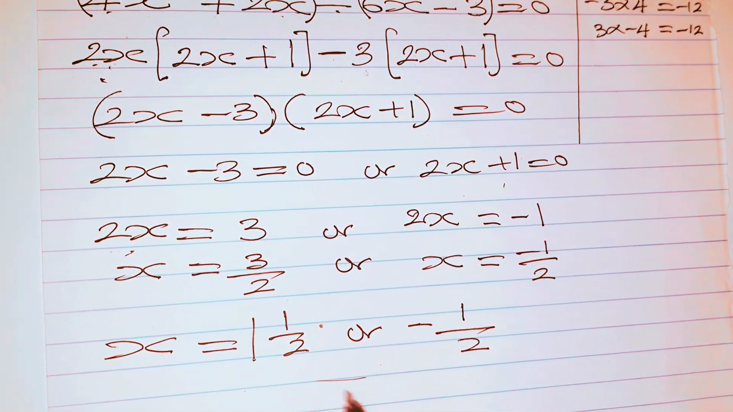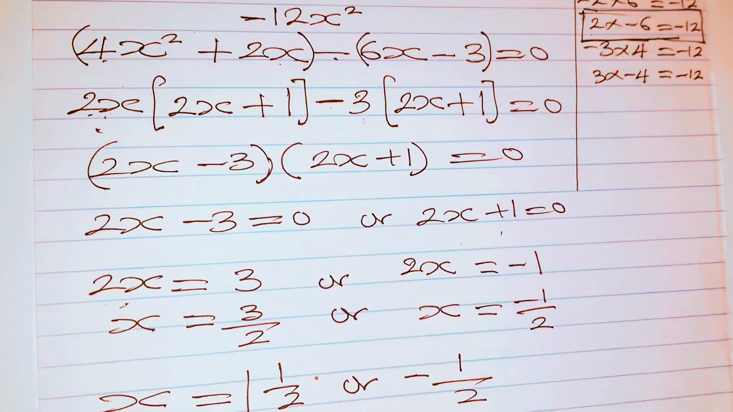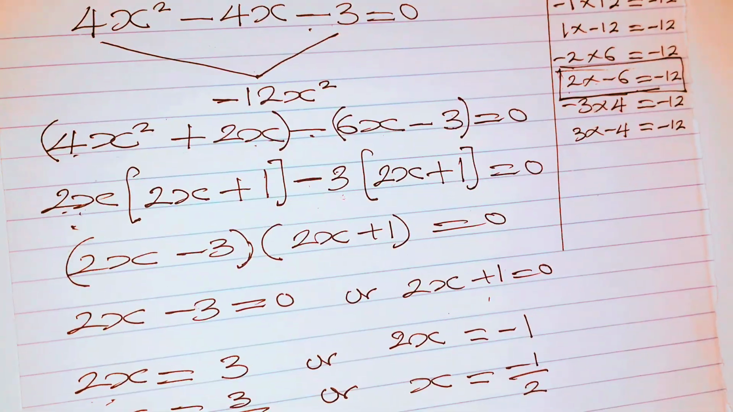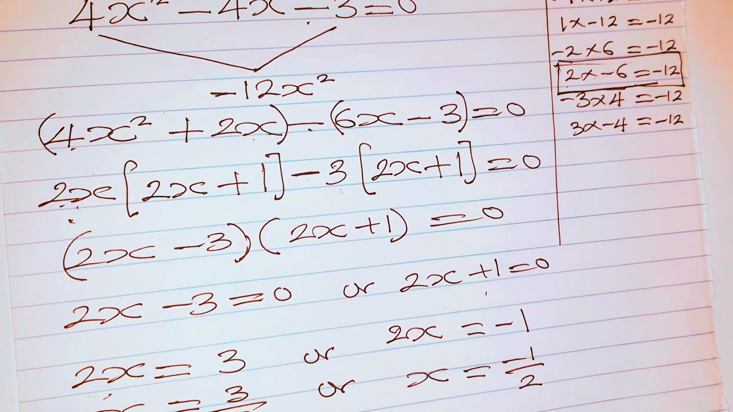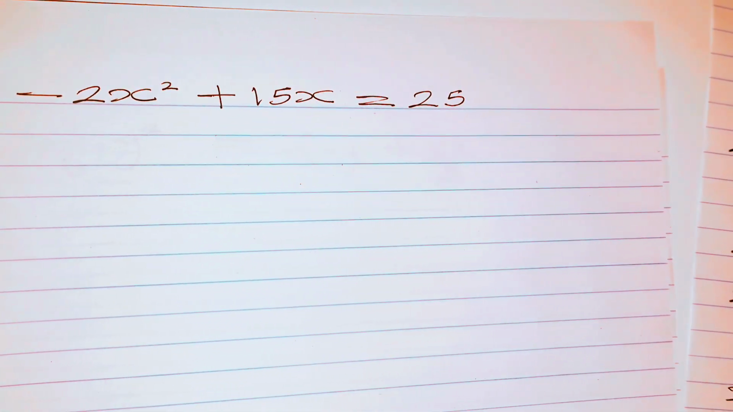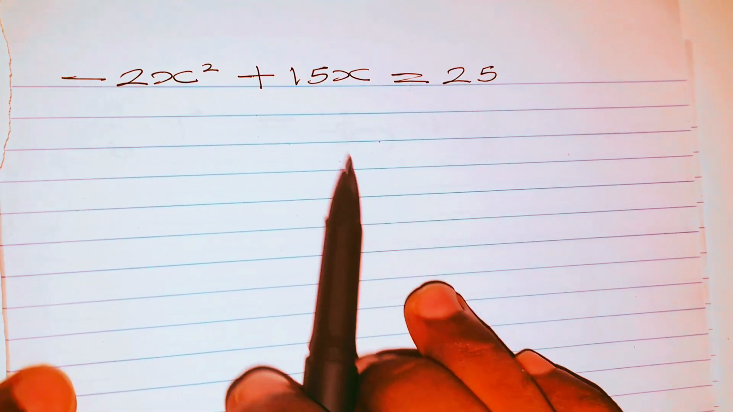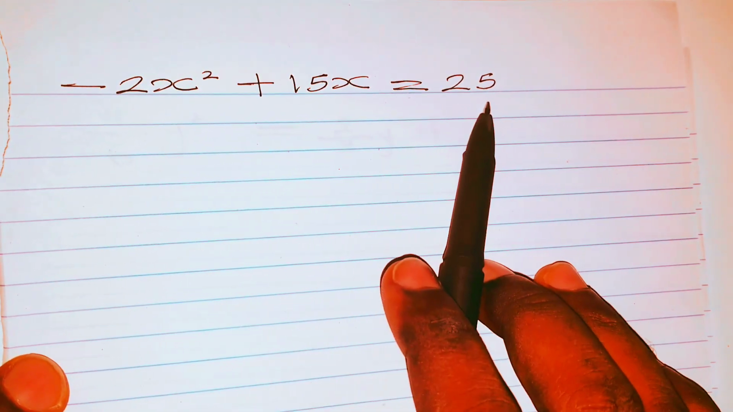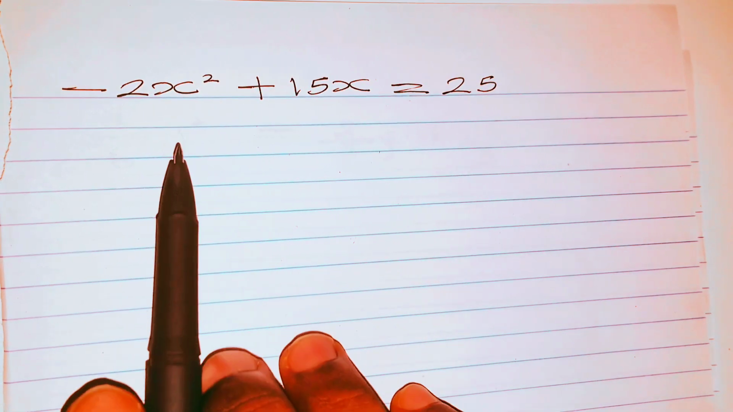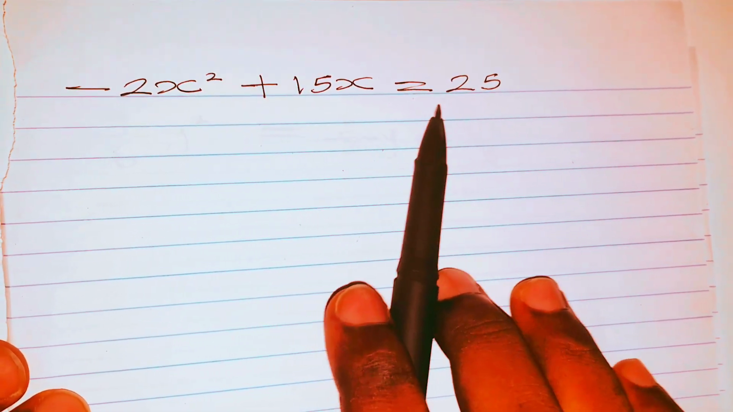So that is how we can use the factorization concept to obtain the values for x given this kind of quadratic equation. Let's take a look at another example here. In this question, we are given minus 2x squared plus 15x minus 25. So we have minus 2x squared plus 15x equal to